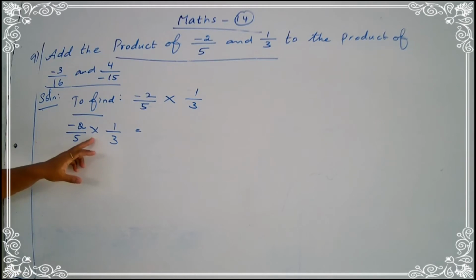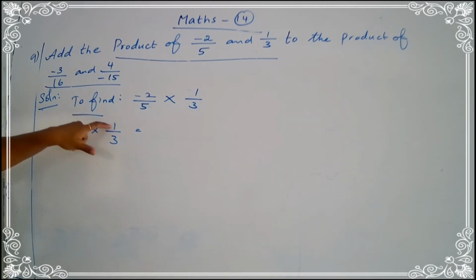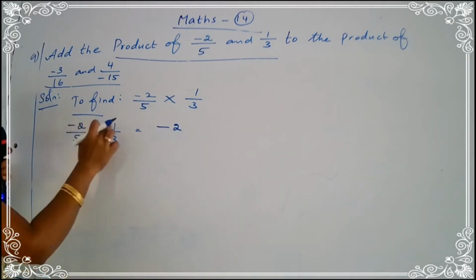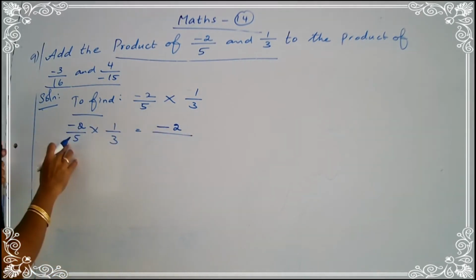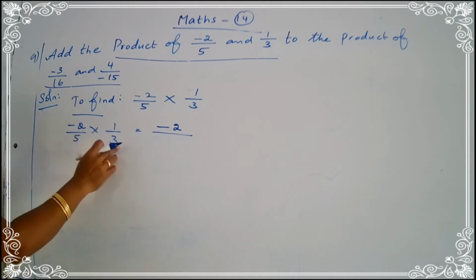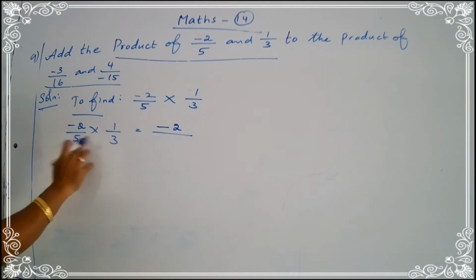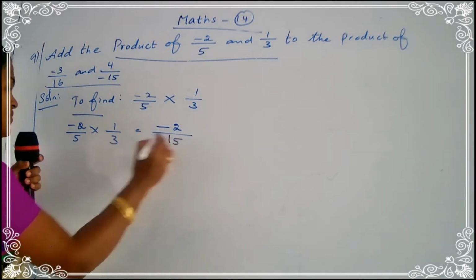So, in multiplication, we multiply numerator by numerator and denominator by denominator. Okay children? First of all you check for any common factors between numerator and denominator. Are there any common factors? No. So we multiply the numerators. Okay? So minus 2 into 1, minus into plus is minus, 2 into 1 is 2. Okay? Upon, now next is multiply the denominators. So 5 3s are 15. So your answer is minus 2 upon 15.